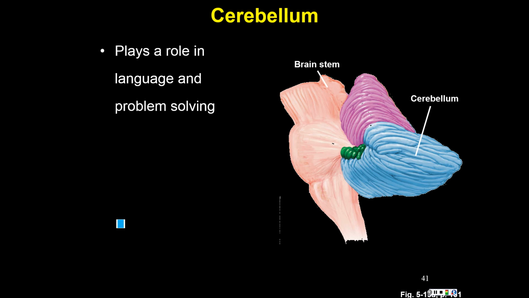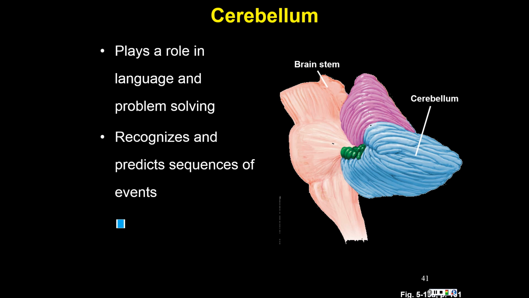Other important things that the cerebellum can do: pattern recognition out in the environment, like sequences of structures. And an example that always comes to my mind is, for example, the pattern of yellow and black. If you see that in the environment, probably past experience tells you that it's probably a stinging, biting type of animal, right? So we can see sequences like that in the environment, or even just,